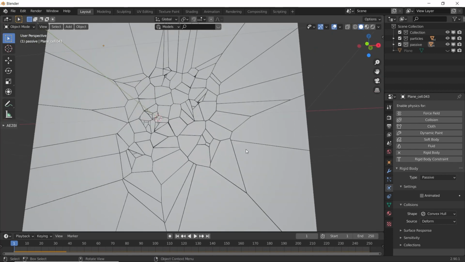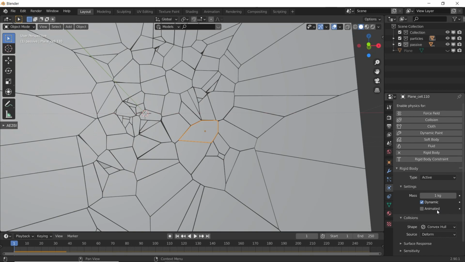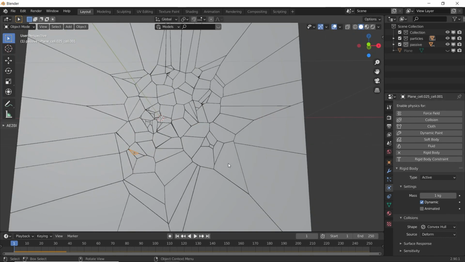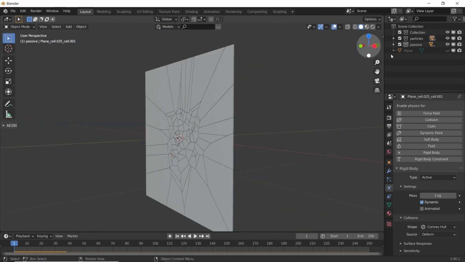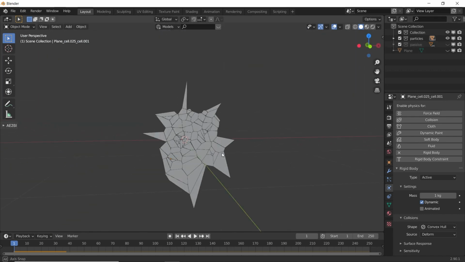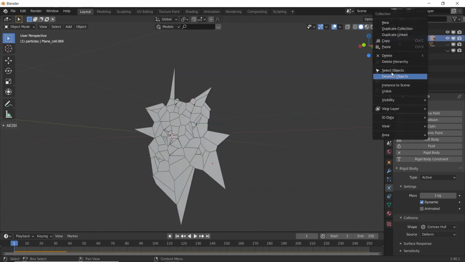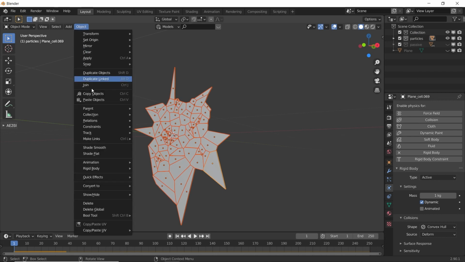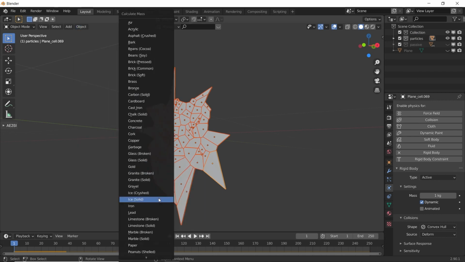Okay, if you see here, this piece has 1 kg and this has 1 kg, even the small piece has 1 kg. So you don't want that. Let's hide these passive objects. Select this particle, select objects, go to Object, Rigid Body, Calculate Mass.